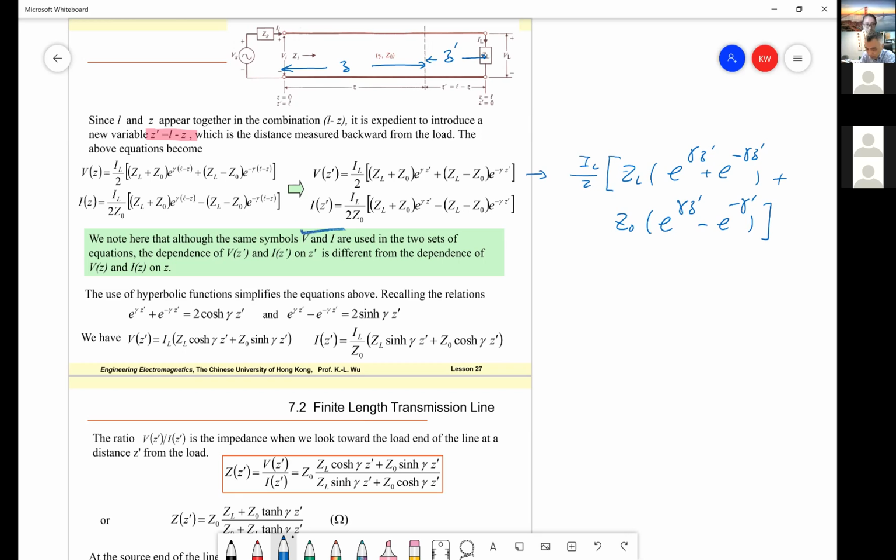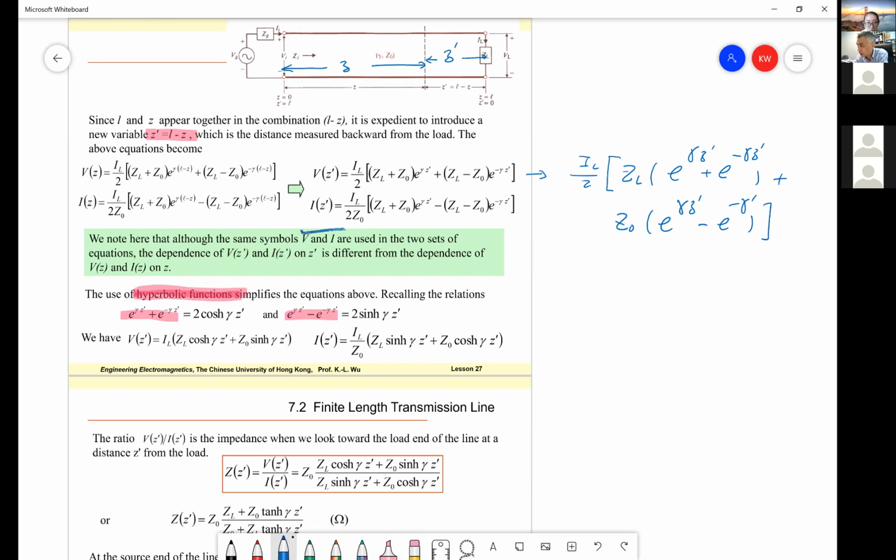So this reminds us of the definition of hyperbolic functions, okay? Hyperbolic functions deal with such exponential functions, okay? So therefore